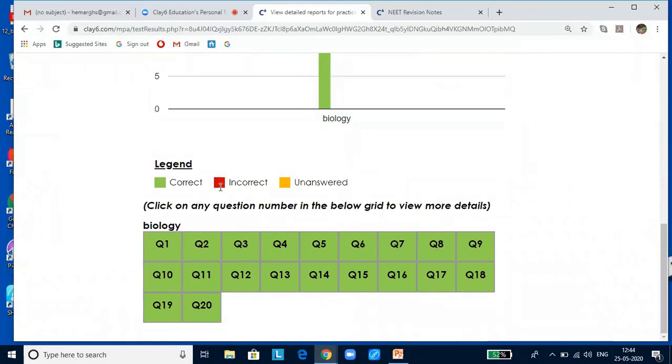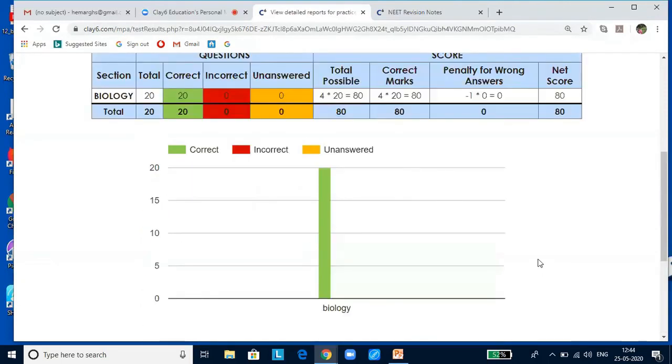Suppose if it was a wrong answer, I would have got a red indicator. And if I click on that, then an explanation will be given. Your answer and the correct answer will also be highlighted so that you realize your mistake, and explanations are also given. If you have not attempted, it will appear in this yellow color legend. If you do not know the answer, don't try to make a wild guess, because you will be losing 1 mark from your total marks. It is better not to attempt it if you're not sure of the answer. But here when you click on this, you will be able to get to know the answer correctly.